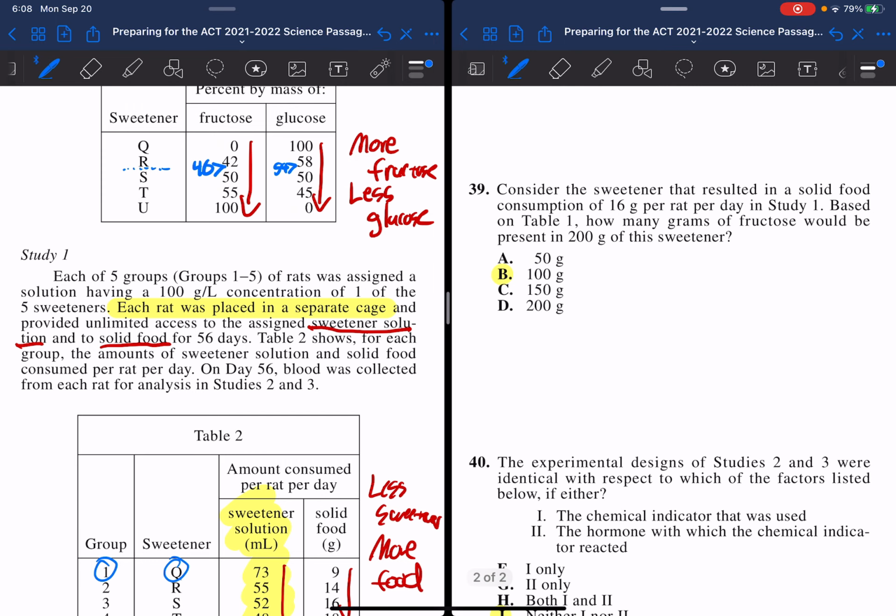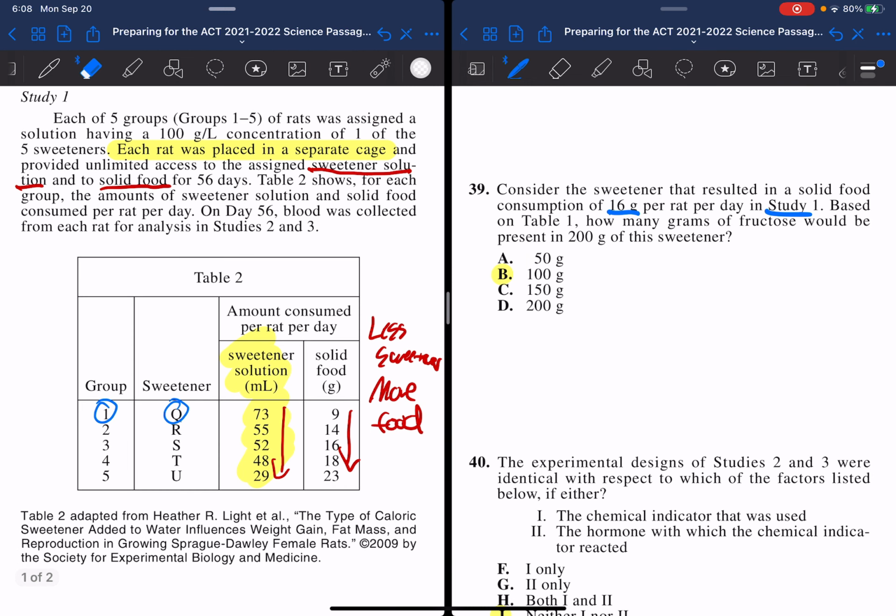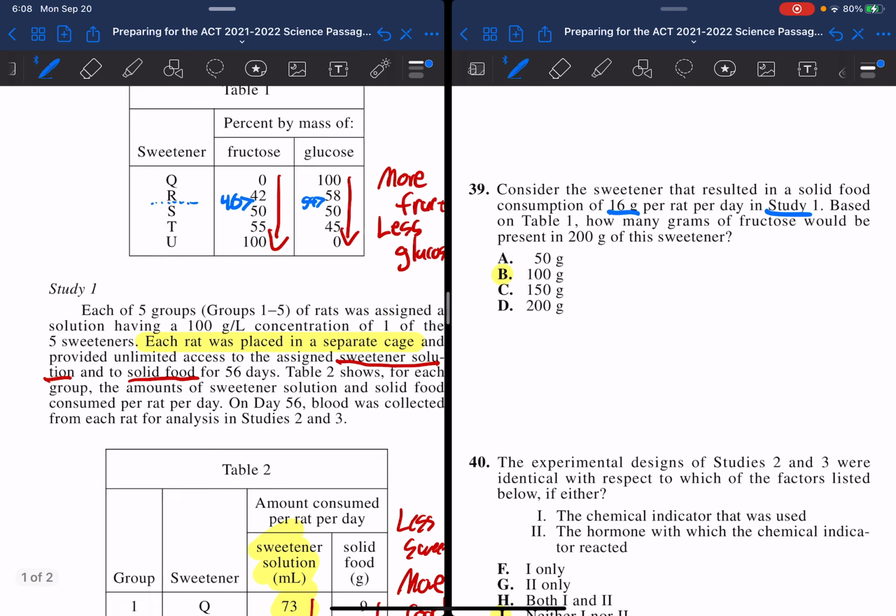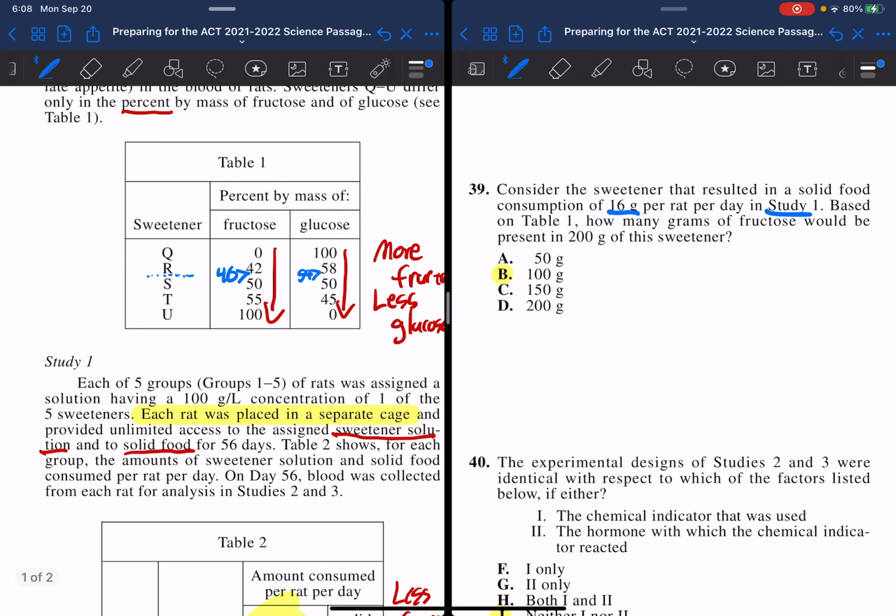39. Consider the sweetener that resulted in a solid food consumption of 16 grams per rat per day in study number 1. So let's find that. 16 grams of solid food, so we're talking about group 3, sweetener S. So based on table 1, how many grams of fructose would be present in 200 grams of this sweetener? So now we have to jump up to table 1, and we are looking at,